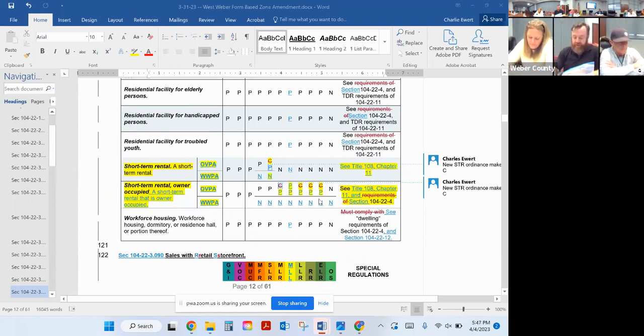Owner occupied, do you guys want to do anything different for that? Western Weber did not. So owner occupied could be any condo type building, big or small. It's got to be a condo, one unit in a multi-unit building, big or small. So that's basically saying you can have a short-term rental